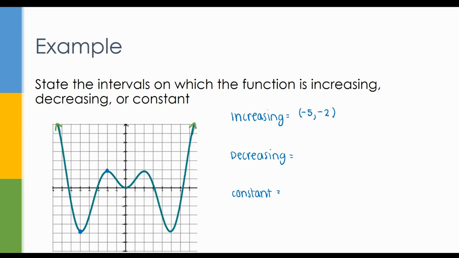Okay, notice that there's another spot where we are increasing. Starting here at this point, going to this point right up here, there's another positive slope. So that means that we have another open interval. Looks like it's starting at 0 and it's heading until 2. So once again, there's parentheses around it. And then notice that we actually have a third interval that is increasing. From this point here,